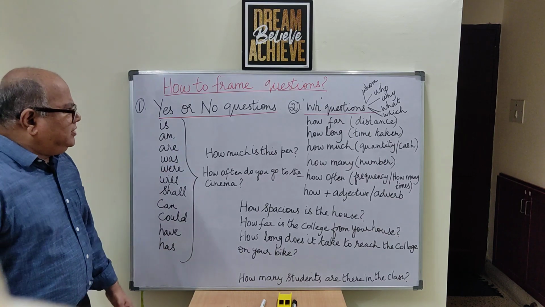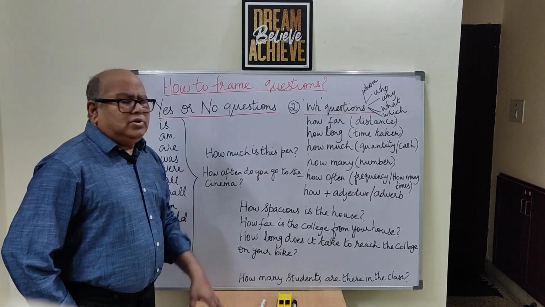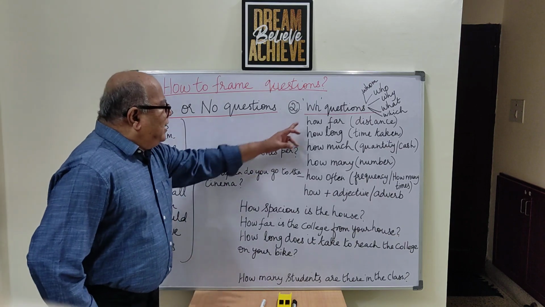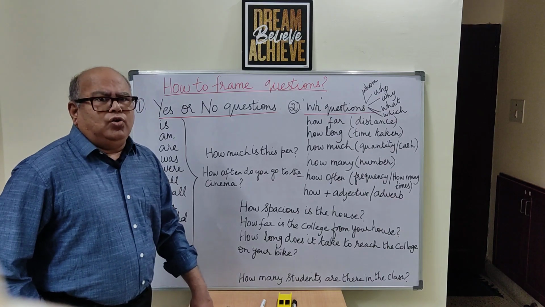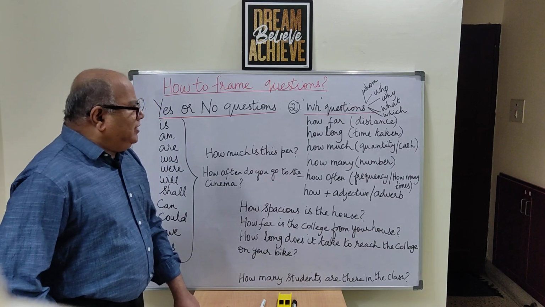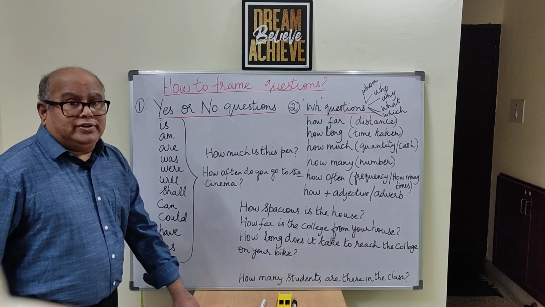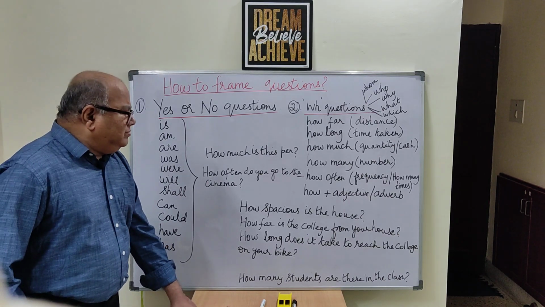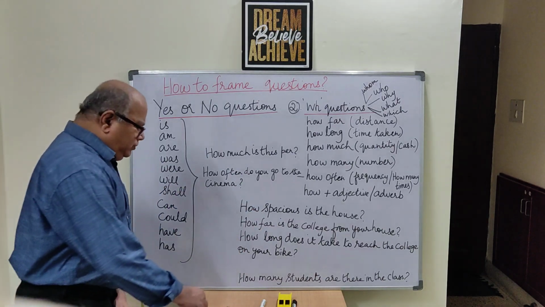Okay, please understand. And here is where you should know. As for all the above, I am sure all of you know the meaning. And here is where you should know which question means what. How far, F-A-R: distance. How long: time taken. How much: quantity. How many: number. And how often: the number of times, how many times. Plus how plus adjective. And one more I would like to